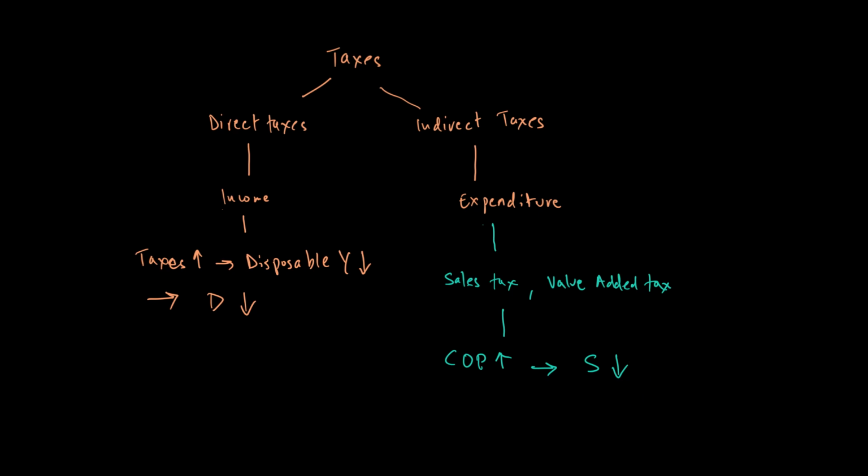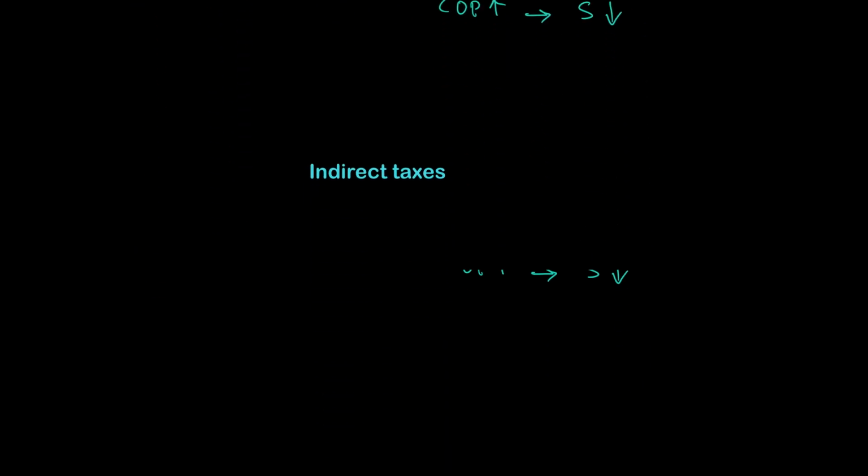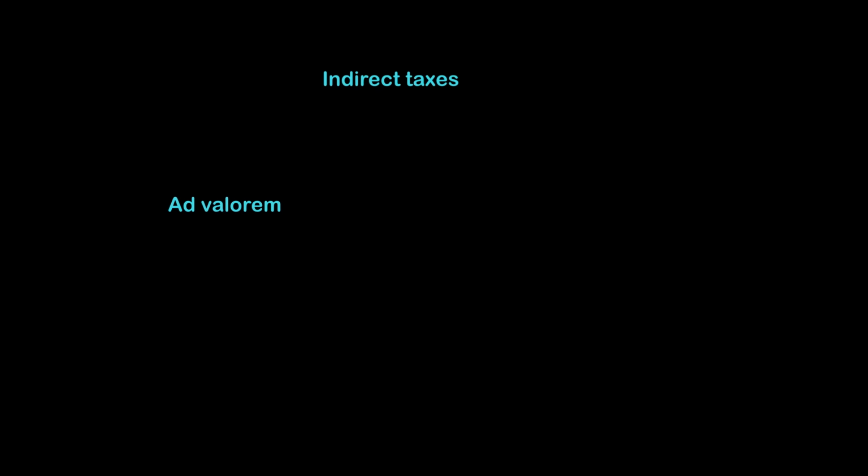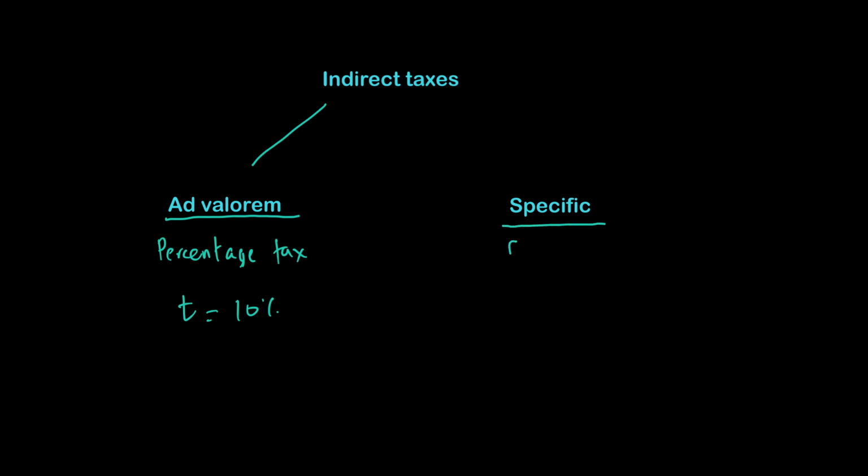Now let's look at indirect taxes in detail. There are two kinds of indirect taxes that we want to look into. One is what we call ad valorem tax, and another one is what we call specific tax. What is ad valorem tax? We say ad valorem tax is also called a percentage tax. A percentage tax would be, for example, a tax of 10%. So this is ad valorem, or value added, while a specific tax is basically a flat tax of, for example,